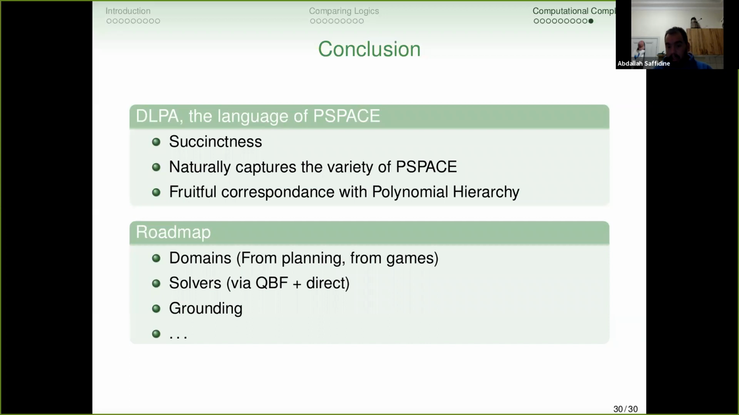With some students, and also by myself, I'm trying to test that hypothesis, going beyond theory. And to do that, I have some students where the task for them is to write domains in DLPA. So they take planning problems and they create the corresponding DLPA formula. Some of them take games and they create the corresponding DLPA formula. And that will help us assess if it really is a convenient language to write things in. I've got another student working on how to create a solver, a piece of software that can solve the model checking problem or the satisfiability problem. We could do that by reducing to QBF and calling an off-the-shelf QBF solver, or we could create a direct